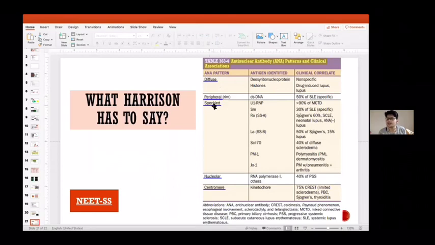Okay, speckle pattern, which was the MCQ asked in the exam, that all of the following diseases are associated with speckle pattern except, so answers were from this: MCTD, lupus, Sjogren, SCLE. SCLE is subacute cutaneous lupus erythematosus. Then neonatal lupus, or sometimes we tell congenital heart block, which is associated with neonatal lupus. Then 50% of Sjogren syndrome. Then again diffuse scleroderma, polymyositis, dermatomyositis, and sometimes even pneumocystis with arthritis, which is associated with polymyositis. So these are the speckle pattern and possible things. U1RNP can be seen, SM can be seen, Ro, La, SCL70, PM1 and Jo1.